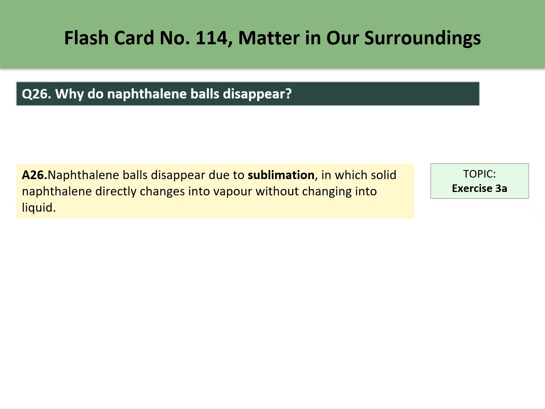Why do naphthalene balls disappear? Naphthalene balls disappear due to sublimation, in which the solid naphthalene directly changes into vapor without changing into the liquid